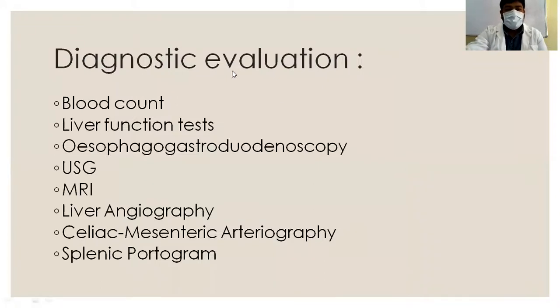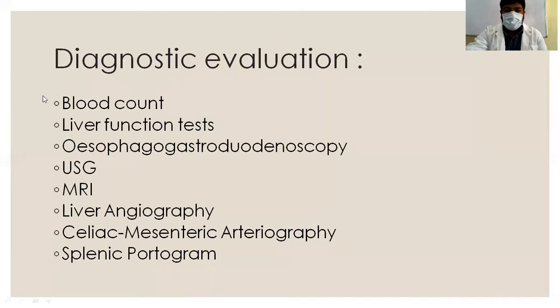And how do you diagnose it? The main diagnosis is by measuring the portal venous pressure. Okay, that is done by catheterization. Catheterization of the portal vein and the hepatic vein, and you measure the portal hypertension and the difference in pressure gradient. That you will measure. Okay, by that, initially you can diagnose it.